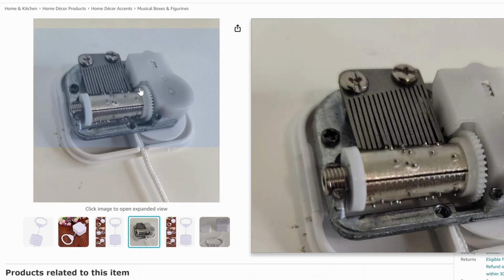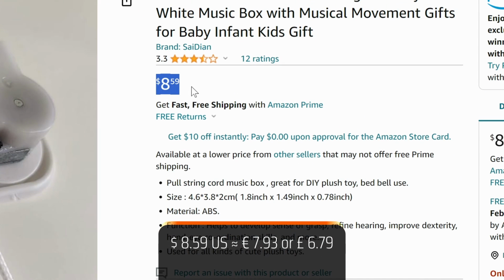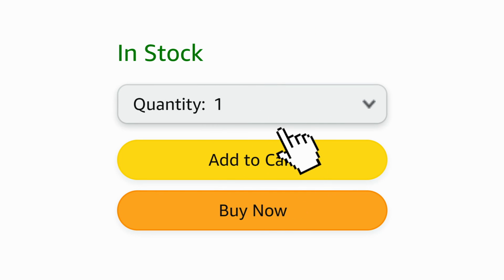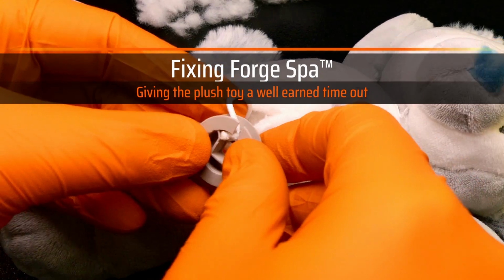There are also cheaper models available that look very similar to the one we got, but you have to compromise on the reviews. Since I ordered from Germany, I chose the original tune for $10. All links down below. While waiting on the spare part to arrive, we can take advantage of the time by